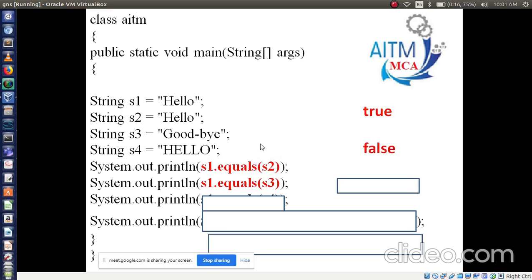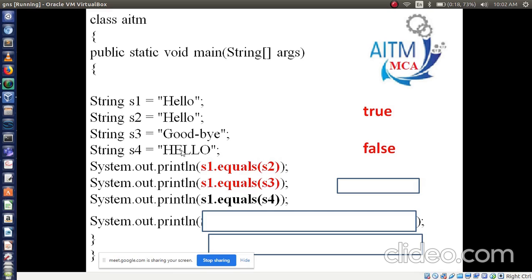Very good. Now see the third one, S1.equals(S4). S1 is hello, but S4 is Hello with a capital letter. See what will happen here. Are these two strings the same or different? Which method are you using here?